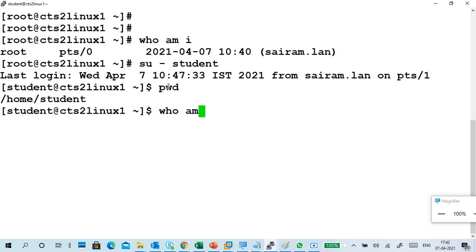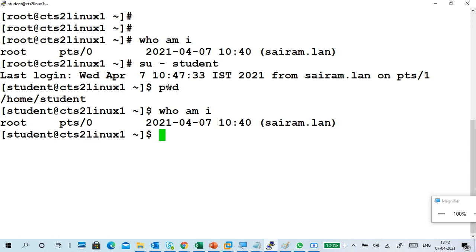Now whoami is showing root only. My current user is student, but when I type whoami, it is showing root because I switched from one user to another user. I didn't log out from one user and log in with another.